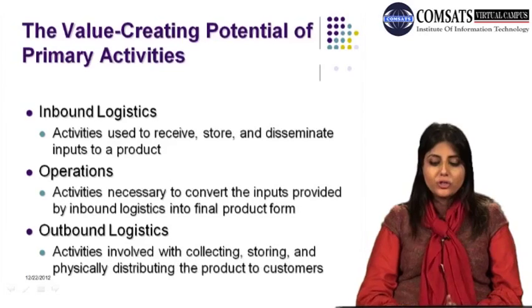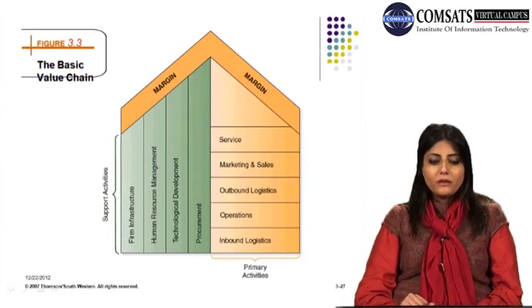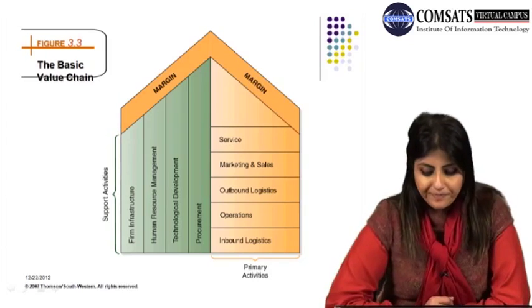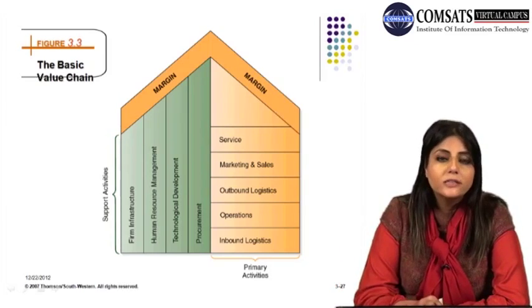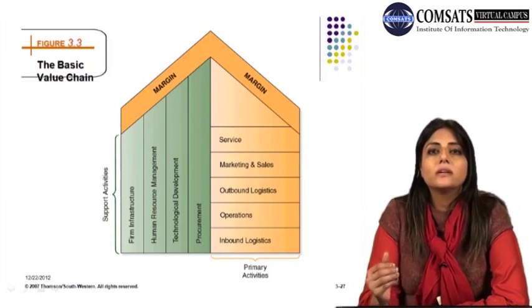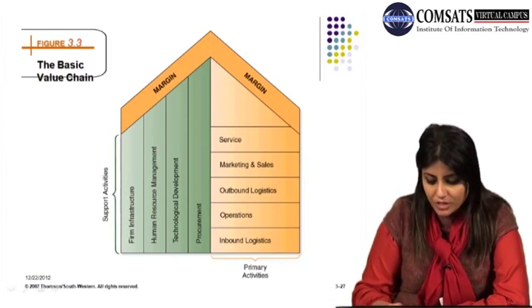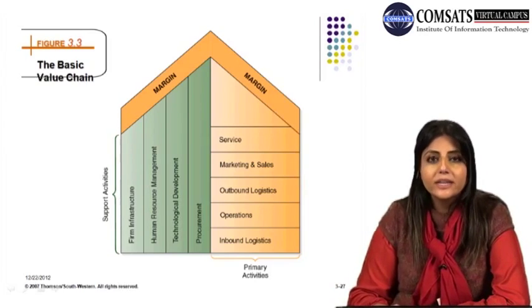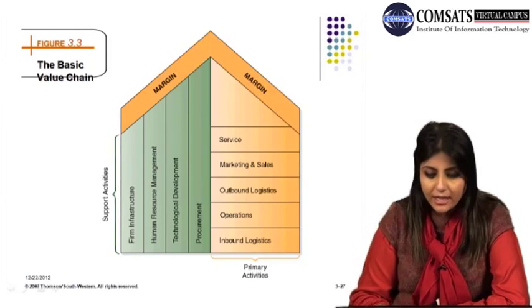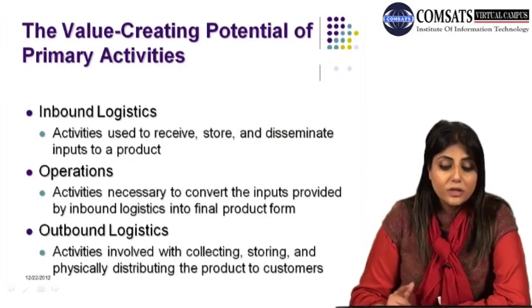We are going to see these are the different elements that are present in a value chain of a firm, right? The basic value chain. There are primary activities that are going on in a firm, and there are the support activities that are going on in a firm to give a certain level of output to be presented in the market or to be served in the market, right? So we have the inbound logistics, we have the operations, outbound logistics, marketing and sales and services under the primary activities head. So let's go back to the previous slide and have a look at what these different activities are,